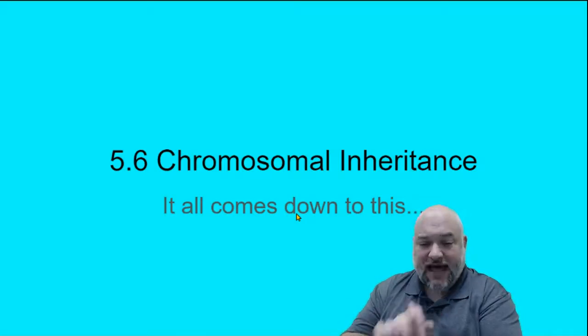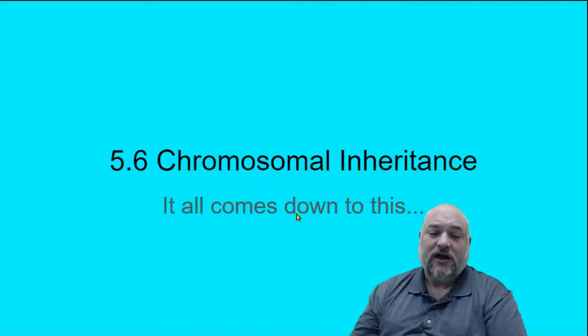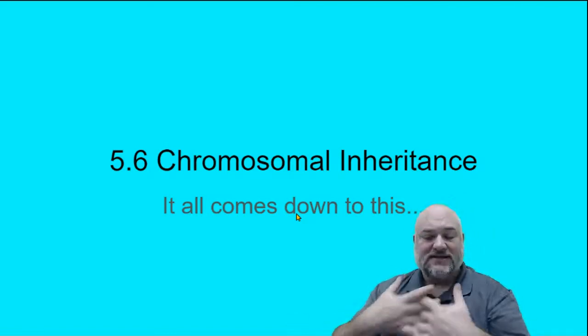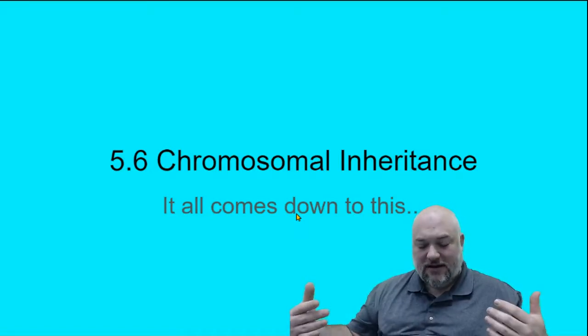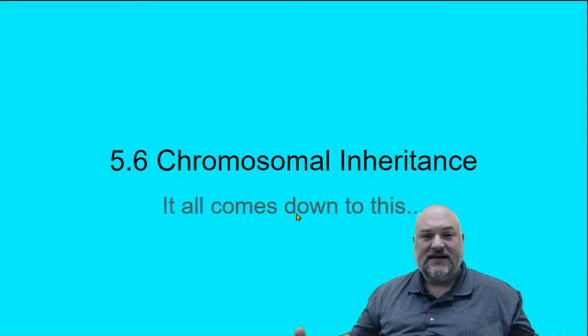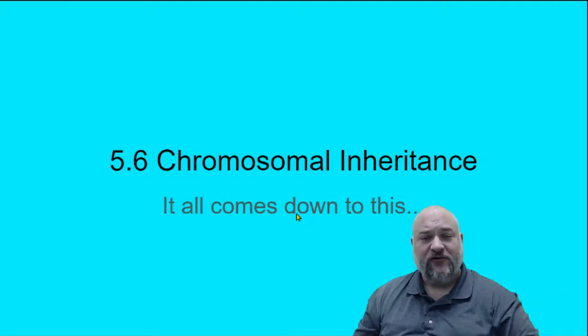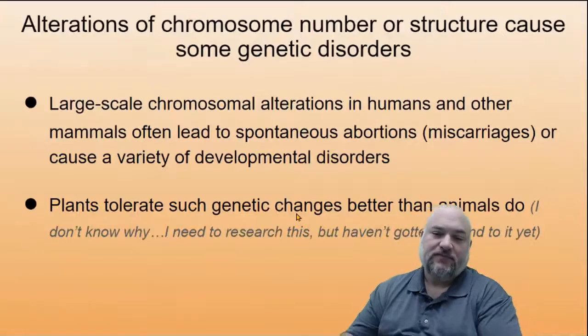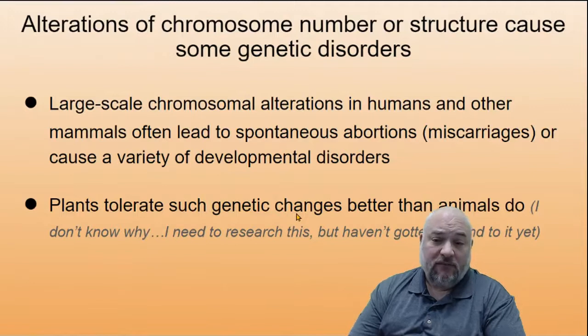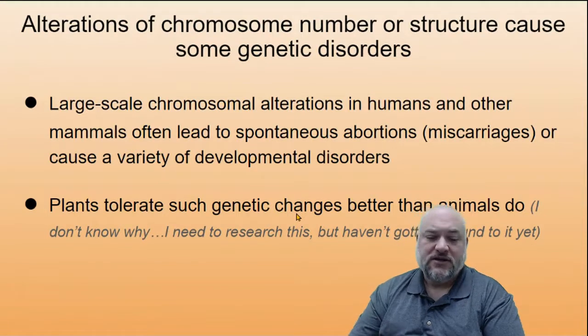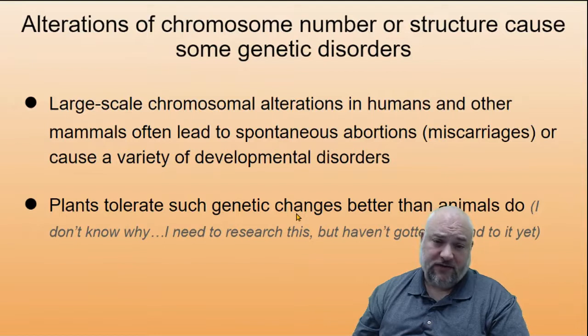I don't know if anybody's ever done it, but I think theoretically that could happen. All right. And lastly, we've been talking about chromosomal inheritance, just summing it all up here. It all comes down to this: the genes and alleles you get are based on how they got to you, which is via meiosis, the chromosomes, the genes and alleles on those chromosomes, the crossing over, the fertilization, all that stuff. So, if you have alterations of chromosome number or structure, they can cause genetic disorders. Large scale chromosomal alterations in humans and other mammals often lead to spontaneous abortions or miscarriages or cause a variety of developmental disorders. So, major problems happen way more often than we realize